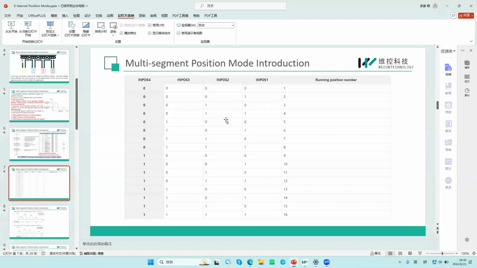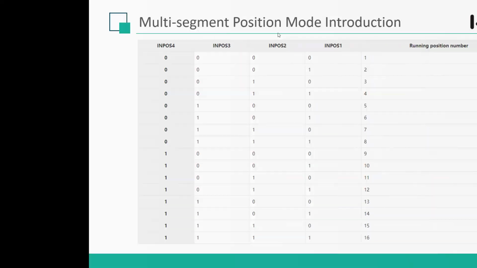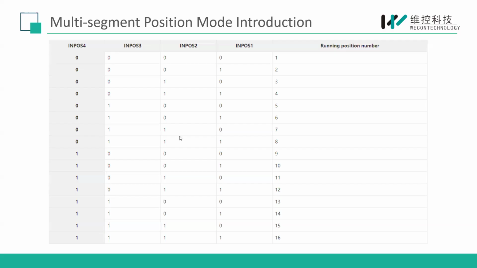Okay, so here we can see, for example, we use DI1 for this code, and then use DI2 for impulse 2, and also